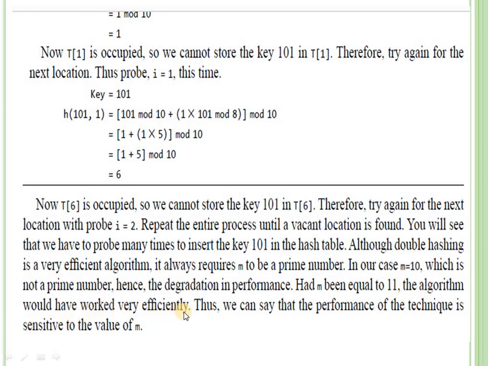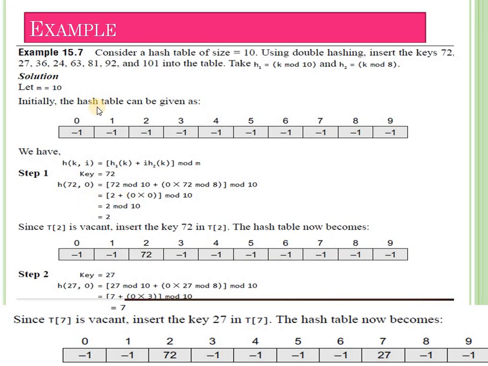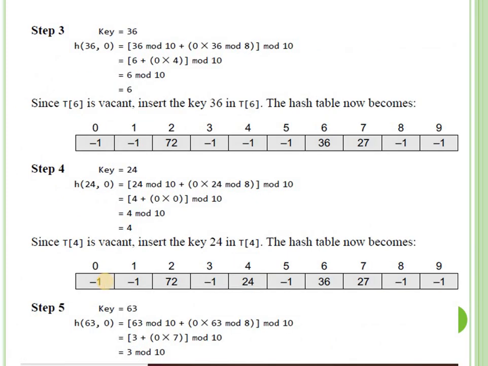Here you have a task: you have to put m equal to 11 and calculate this, and submit it at the next lecture. What you have to do is just put m as 11, size 11. The other example is the same, the other sum is the same. Just update the hash table size from 10 to 11, calculate the whole sum, and submit that at the next lecture.